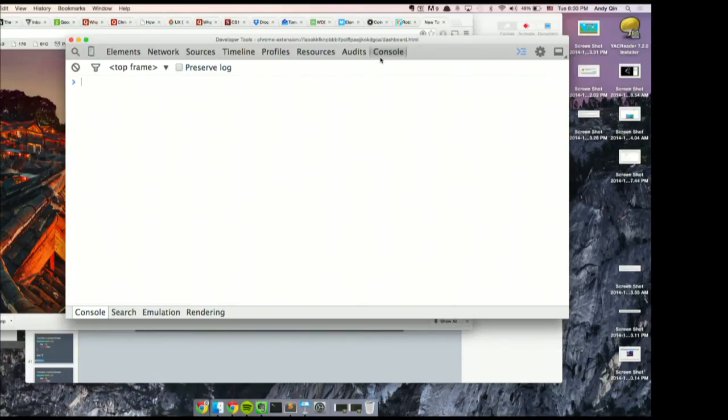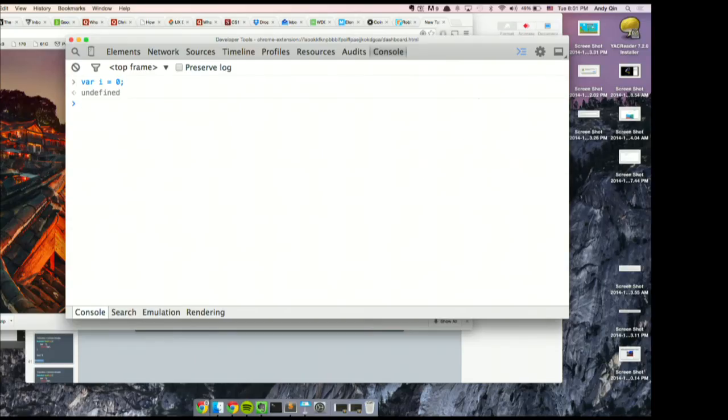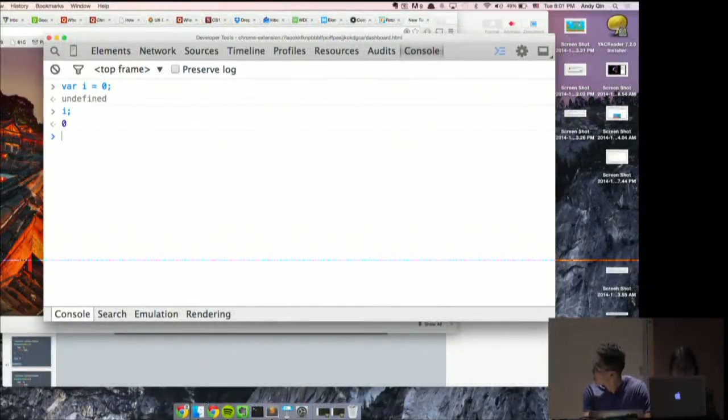The first thing we're going to learn is incrementing a variable. As Andy mentioned, the syntax for declaring a variable is to say var, then i, and then you can assign it a value. If we assign it a value of 0, now this letter i contains the value 0. We can check its value by typing i and pressing enter, and you see that 0. I can make it bigger, yes.